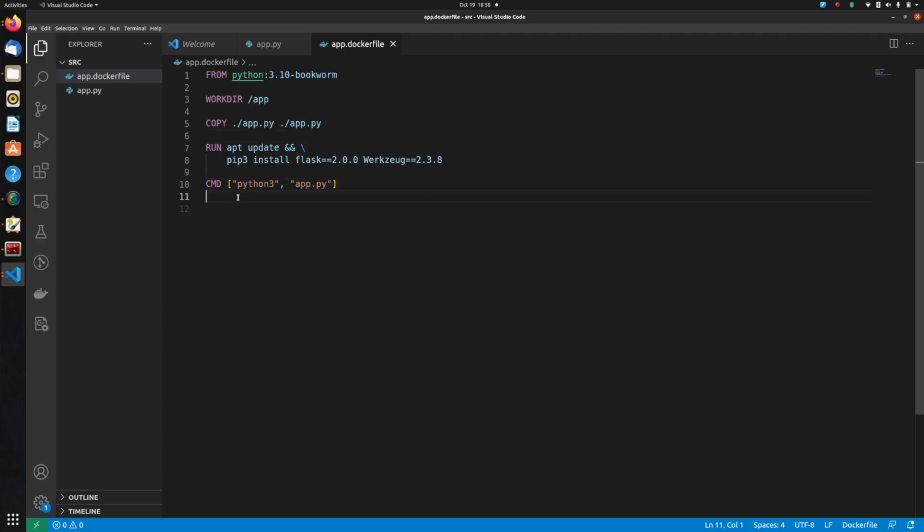And that's it. That's our very tiny Docker file. It extends from the Python image. I just copy the app.py, I install the dependencies, and I simply run it using python3 app.py. That's it, right?